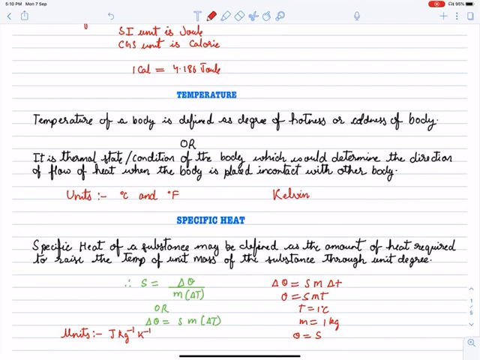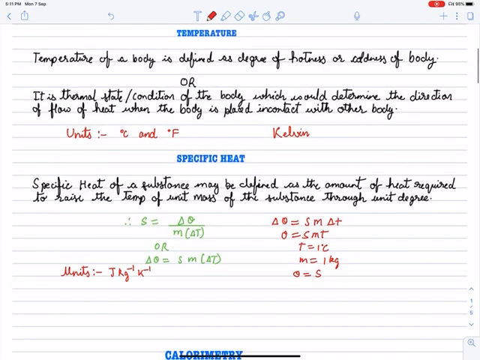Okay, it is very simple. I'll tell you again: for the specific heat of a substance, we say how much heat we need to raise the temperature of the substance by 1 degree, if we have 1 kg of the substance. At this point of time don't bother about del. You can simply remember it is Q is equal to SMT, where Q is heat, S is specific heat, M is mass, T is temperature.